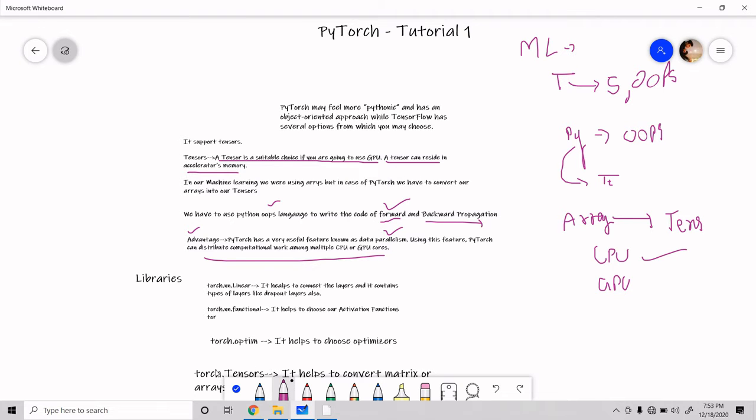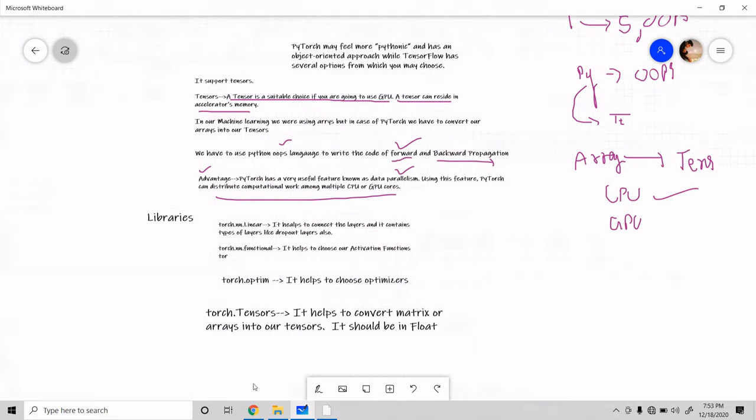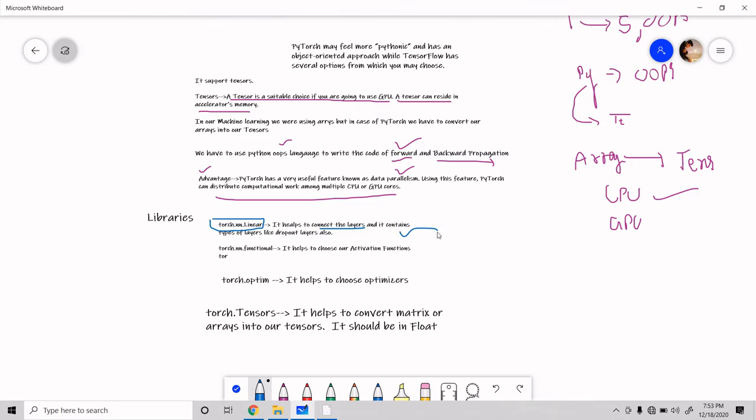We have some libraries of PyTorch, like torch.nn.linear. It helps to connect our layers, and it contains types of layers like dropout layers and max pool layers, the layers needed in our CNN. We can perform CNN and ANN both by using PyTorch.